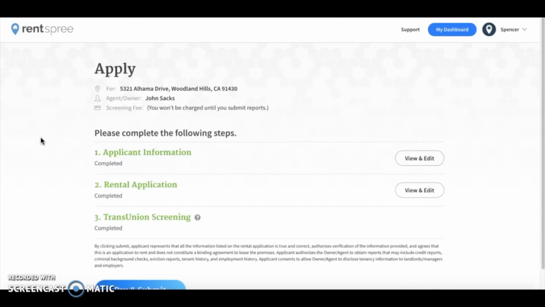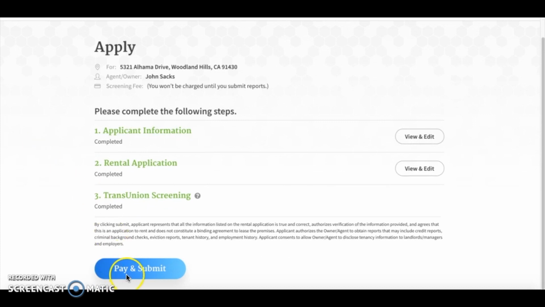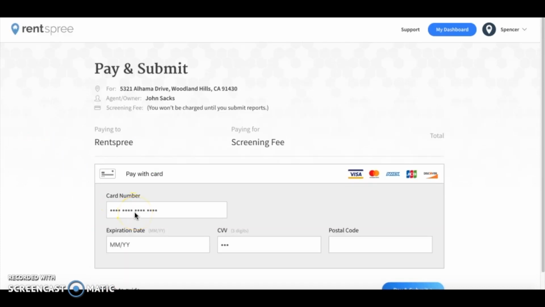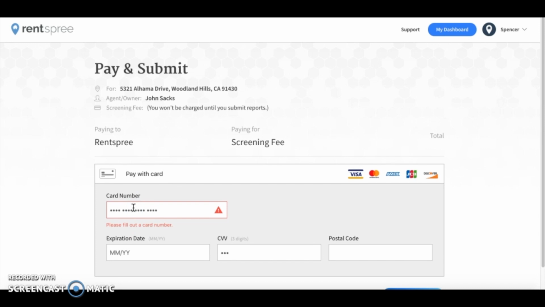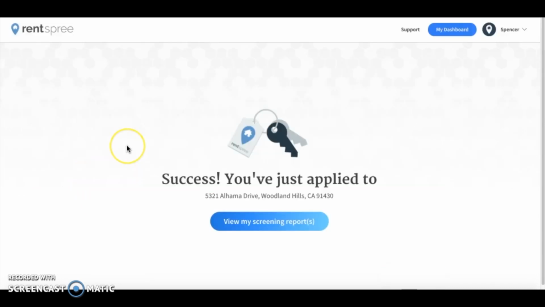the guide. They can then scroll down to click on Pay and Submit, where they will be asked to enter credit card information, and then click on the Pay and Submit button. They will then see a success page: You've just applied to screen, which will have the property address they just applied to and a button that says View My Screening Reports. They can click that button to view their reports directly on their dashboard, and you will receive an email notification at the same time they clicked Pay and Submit, letting you know that the reports are available